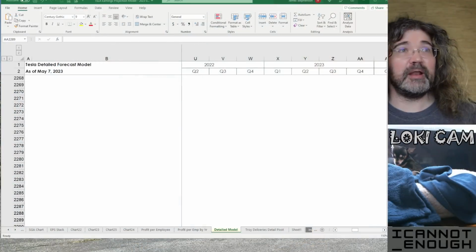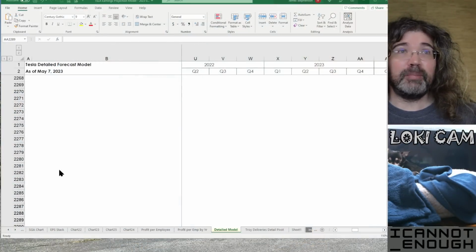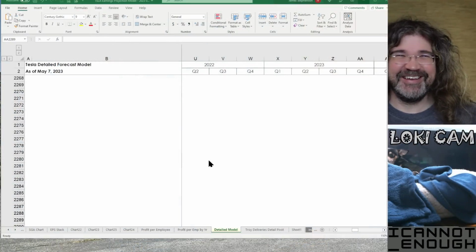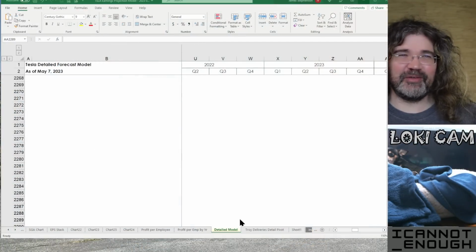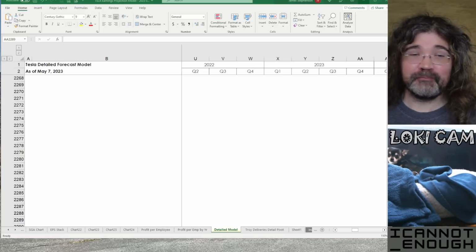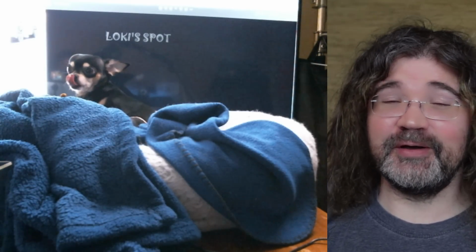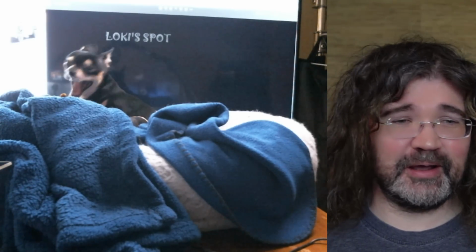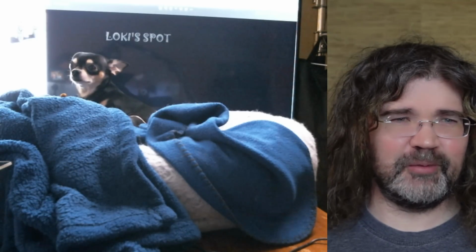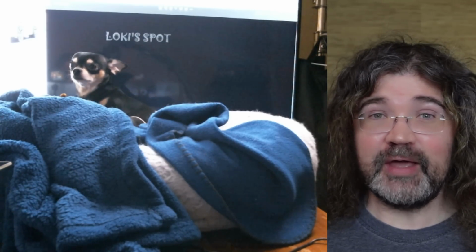Okay, and while he's deciding if he wants to eat that kibble or not, I will go back to sharing my desktop, where I have a blank spreadsheet. Okay, we have reached the bottom of the detailed model tab, which is the point. Maybe I'll come back to Loki's bed view in my video chooser over here. I use OBS Studio to make my videos, and say,